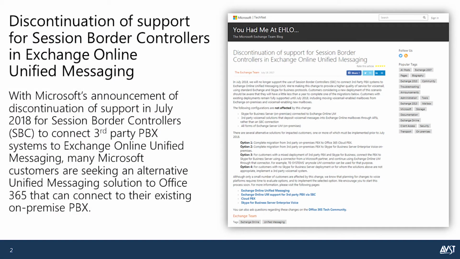Microsoft announced that as part of their Exchange Online Unified Messaging solution, they are discontinuing support for Session Border Controller access. What does this mean? Customers that have an on-premise PBX will no longer be able to connect into the Exchange Online Unified Messaging service. Customers will need to have deployed an alternative solution. And we'll walk you through a few of the options presented by Microsoft and talk to you about what part